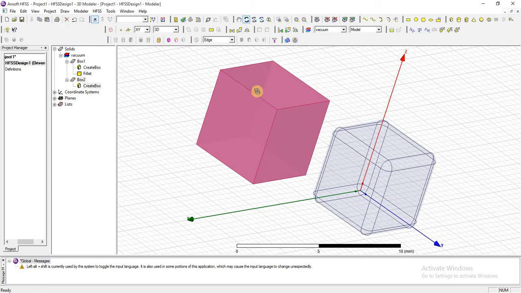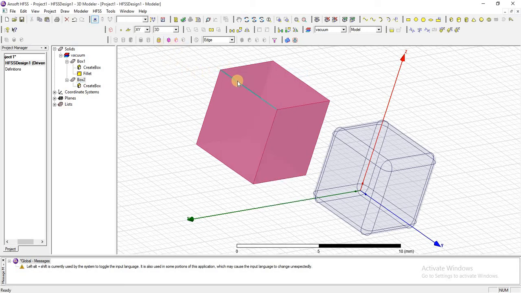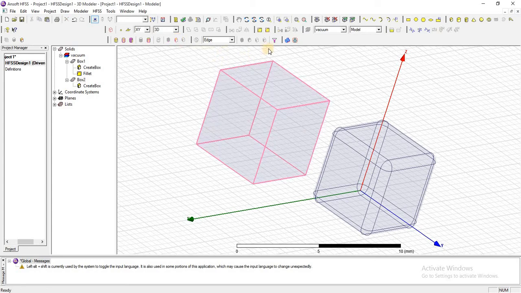Now I am going to use the chamfer command on this object, on box 2. First select the edges. I am selecting all the edges of the object. Now here it is in the chamfer command.